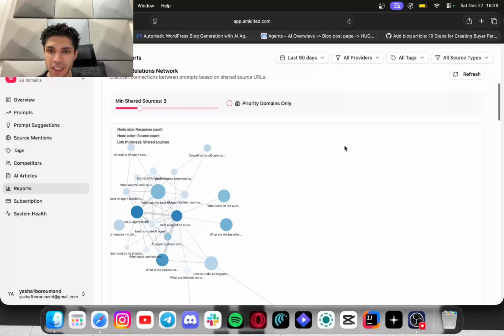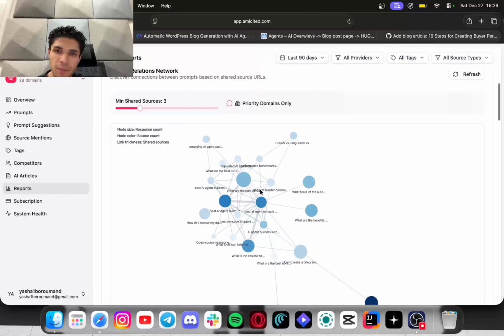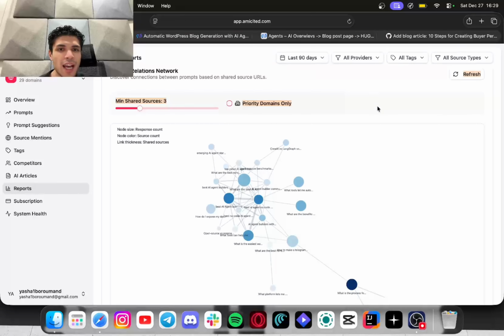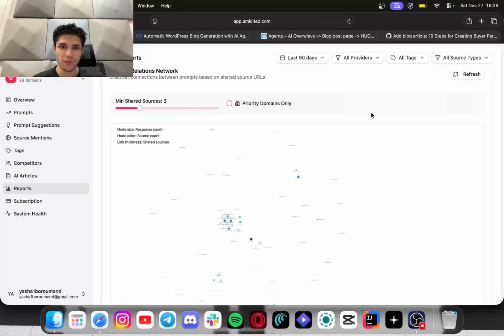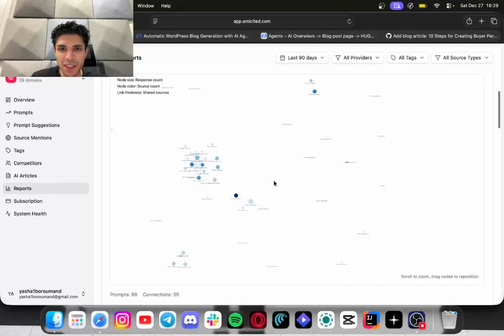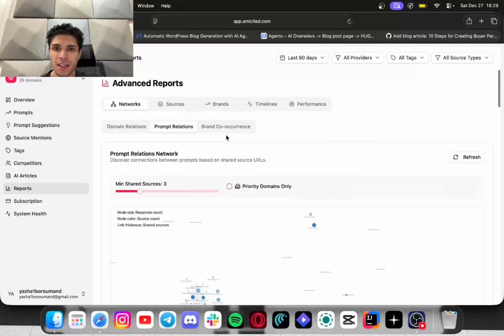Then we have prompt relations. So it basically shows how close the different prompts that I'm tracking are to each other. You might want to have different clusters of prompts in here so that you can track all different aspects of your business or ICP when they come into your web page.